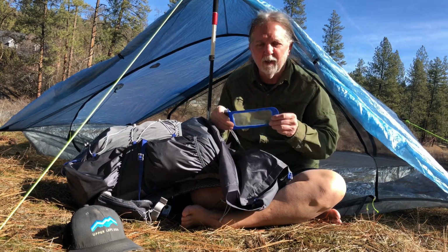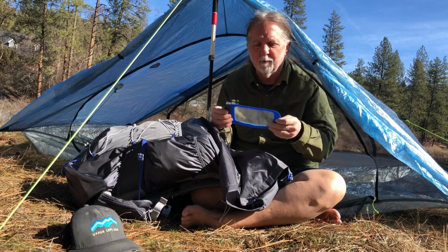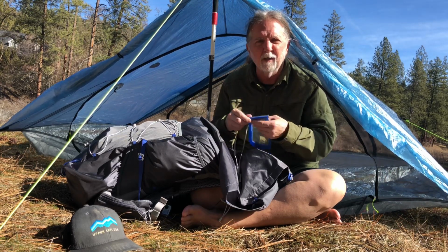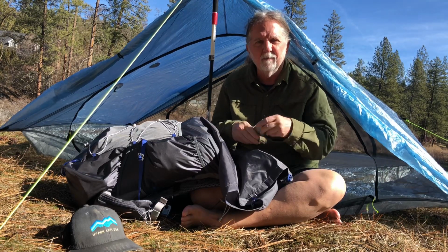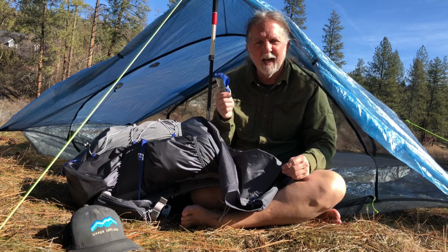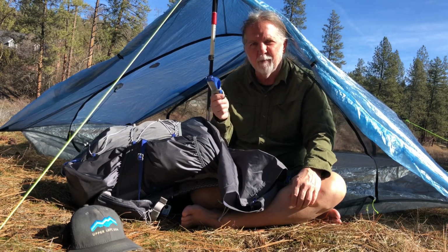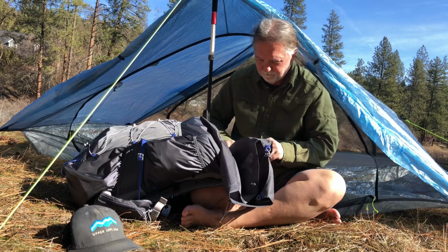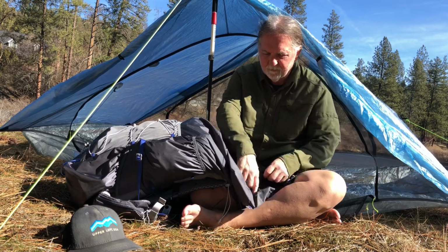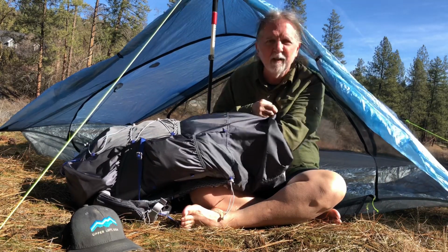So I also carry a little waterproof bag for my phone, but this actually doubles as my wallet too, so I end up keeping my credit card, driver's license, and any cash I have in here. And if I feel like I'm going across a stream and I need to make sure my phone stays dry, I'll put it in here too. And then deeper inside the pack,